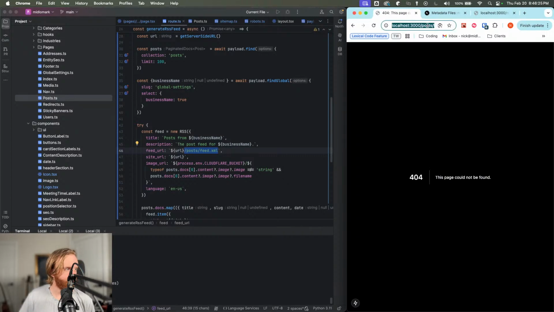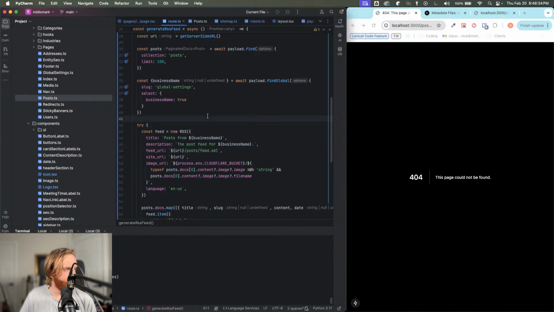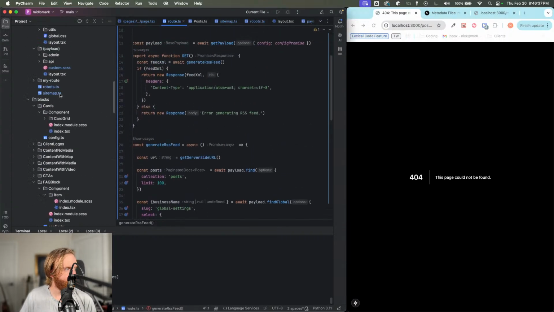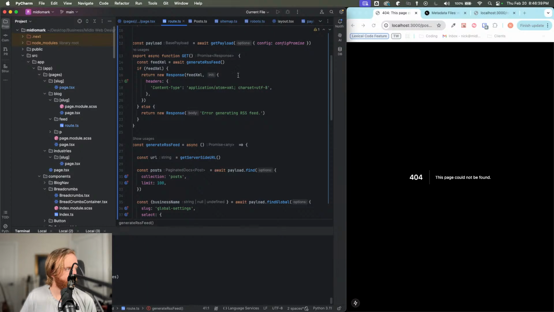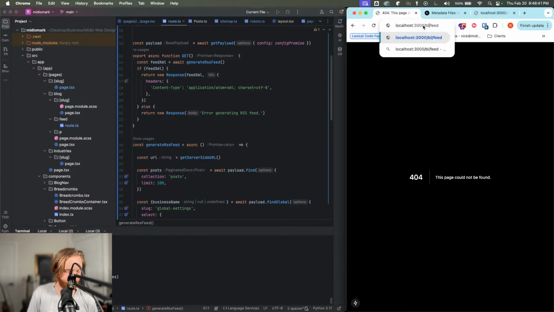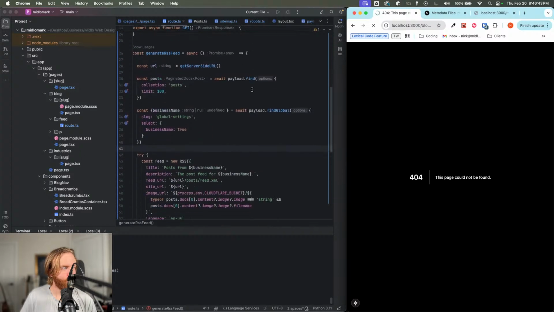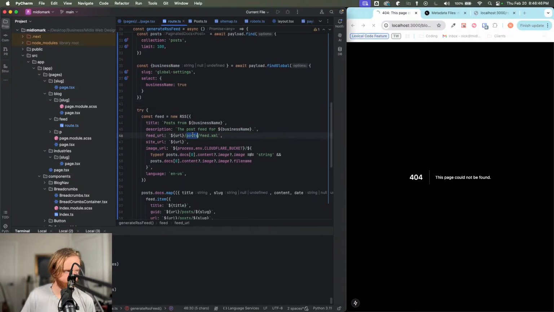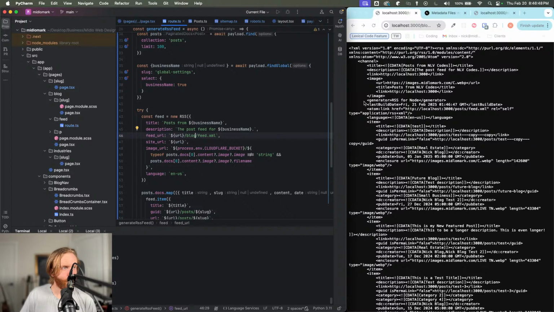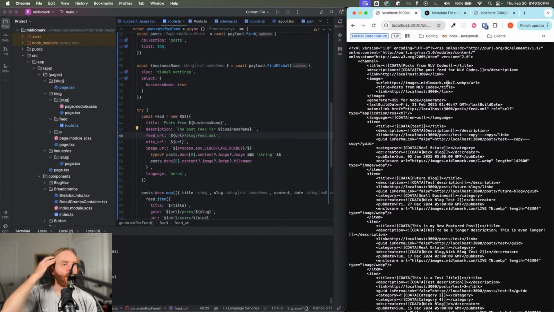Could not be found. Posts feed.xml. Maybe it just needs to be feed. No. Oh, blog. Which means that this needs to change. There we go. So now we can see it's not styled very pretty, but we can see that we have